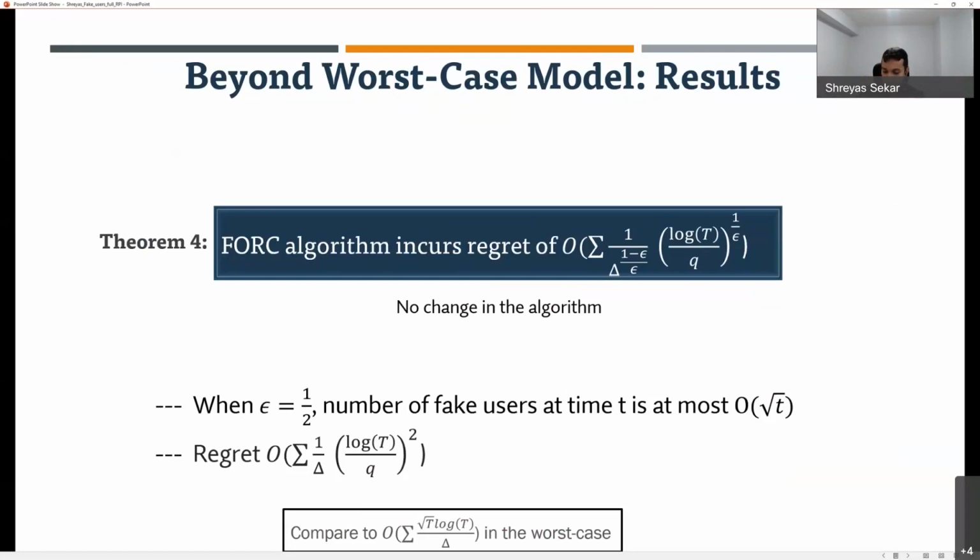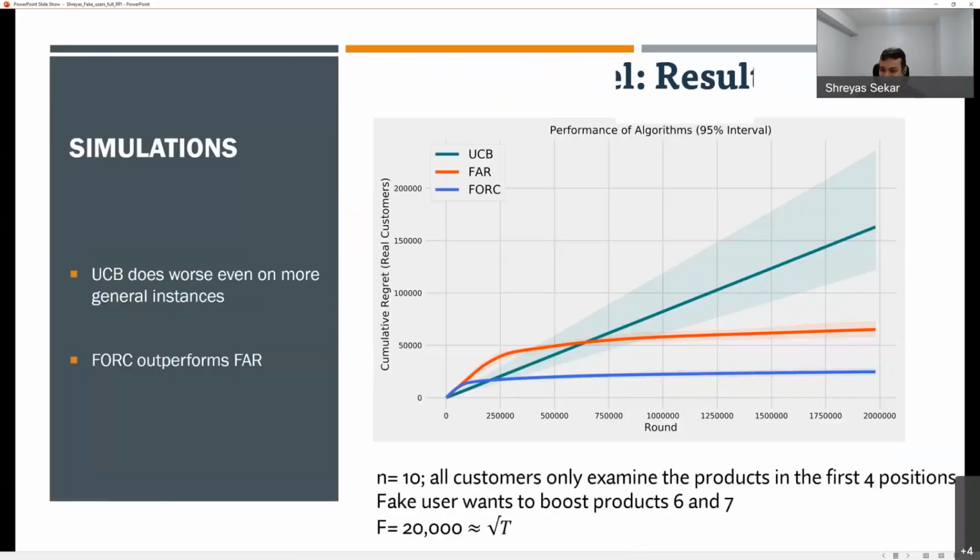All right. So that's it for the results. I had a couple of things in the simulations, but I'm going to skip this for lack of time. But the main thing I do want to mention is this interesting behavior we observed in the simulations, which is that the fork algorithm, which had much worse theoretical regret bounds, seemed to be doing much better in practice. Okay? So what we suspect is that this algorithm does extremely well on these average case instances. This is something that we've not been able to formalize, but it's something that we're actively thinking about.